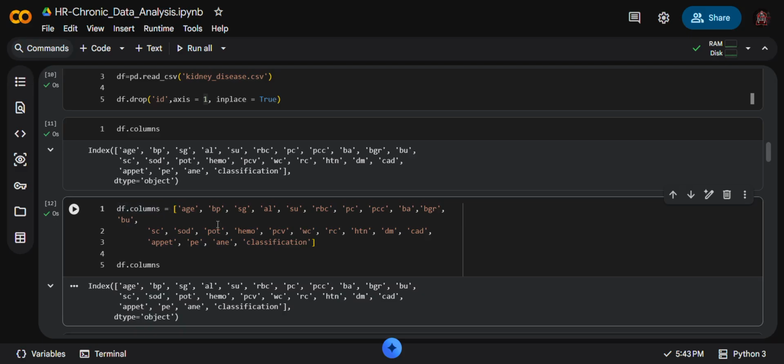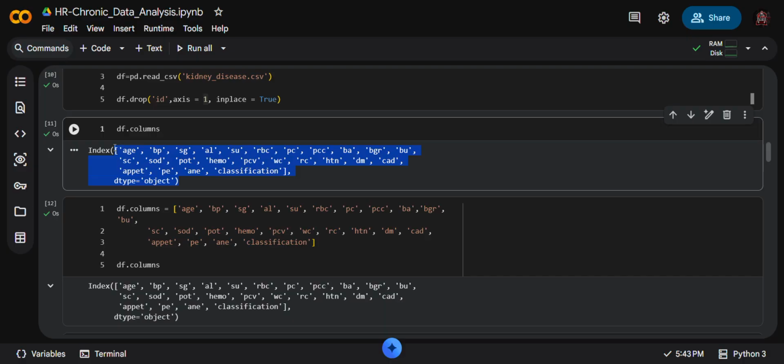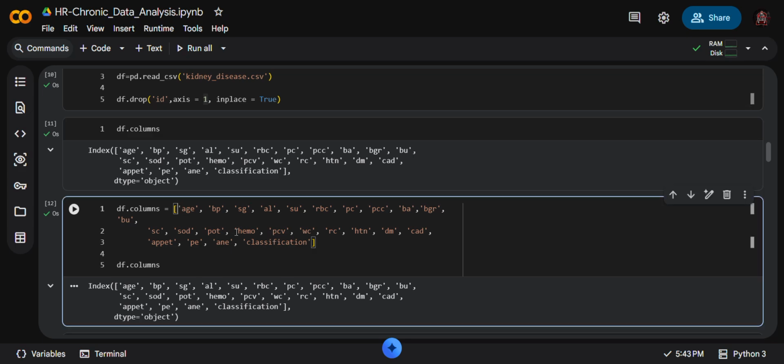If you are using this column but you want some other names, like your name, your friend's name, age, blood pressure, sugar level, you can put the names here. Let me put name as the first one.